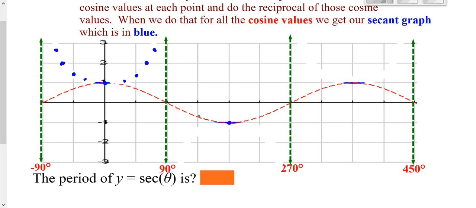When we do the negative part right here, reciprocal of -1 is -1. Reciprocal of, let's see, that would be 135. That would then be down here because that would be negative root 2 over 2. Here, if we're at 120, cosine is -1/2, reciprocal of that would be -2. And keep doing that, we would have all these shapes. So if we draw these in, we actually get